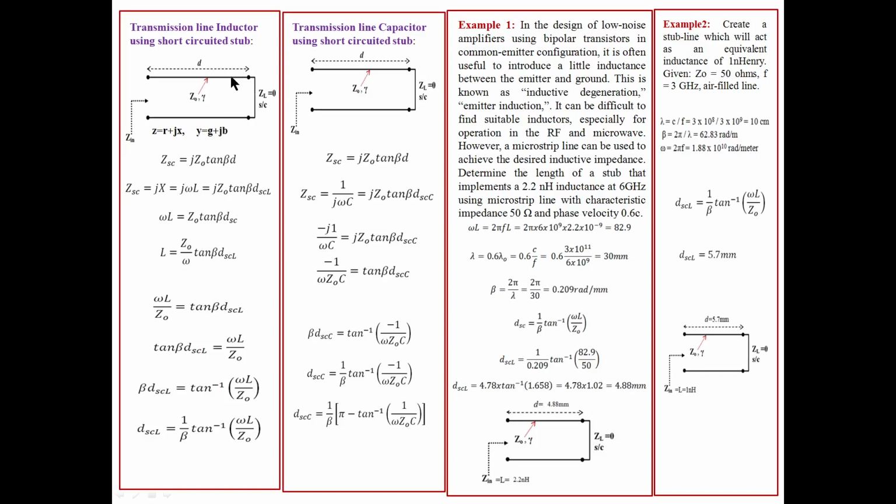As we move over the transmission line, starting from the load, from the short circuited point, the B value changes here. The G value is 0 because the real part is always 0 on the short circuited transmission line. Only the B value changes. If you want a particular value of B, on the line we can find out at what distance that value of B appears, the length of the line to get that particular value of B. So how to do that?